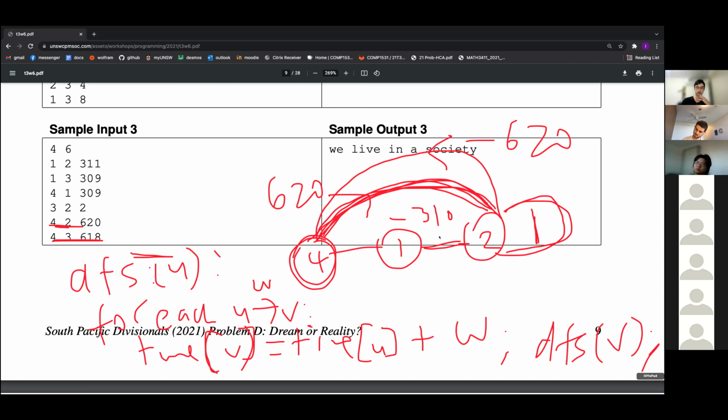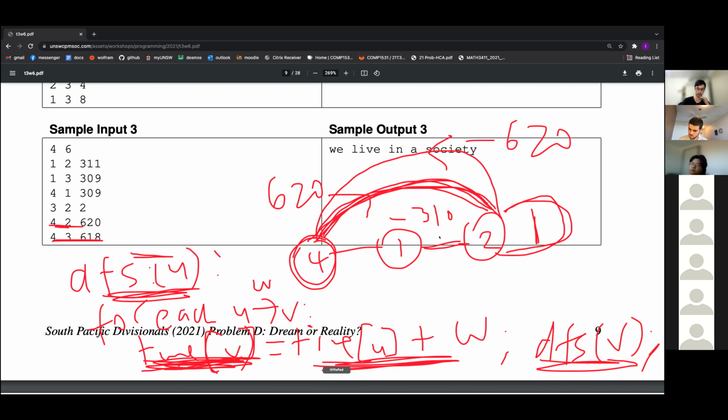The other thing we need to do is check for contradictions. If time of V was already set, in other words, this was already searched in another branch of the DFS, and what it was already set to is not equal to what we're setting it to now, then there's a contradiction. So the two things we have to add to this DFS: obviously if we've seen it before, don't DFS again, because then you'll run into a recursion loop. But also you have to check that there are no contradictions in this step. So you check if V is already seen.